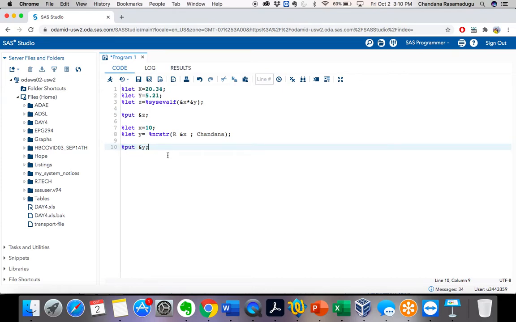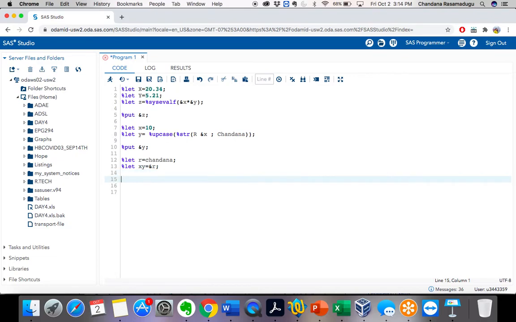The next one: let's take another example. %let r equal to Chandana. And now I want to give %let xy equal to &r.